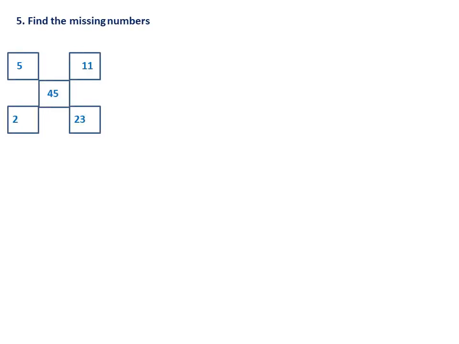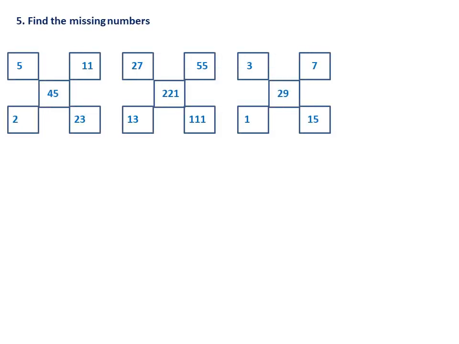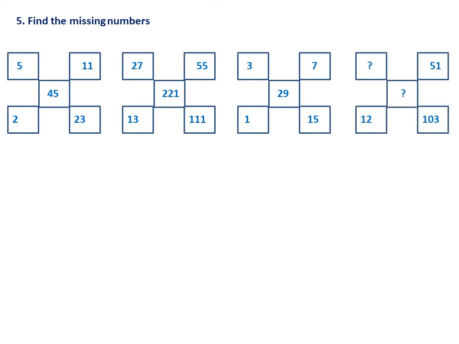Find the missing number. 4 diagrams are given. So here also you have to find 2 numbers. There is a relation using which you have to find 2 numbers. So first one is 25, 203, 23, 205, and 23, 203, 25, 205. What is the relationship? So let us see.